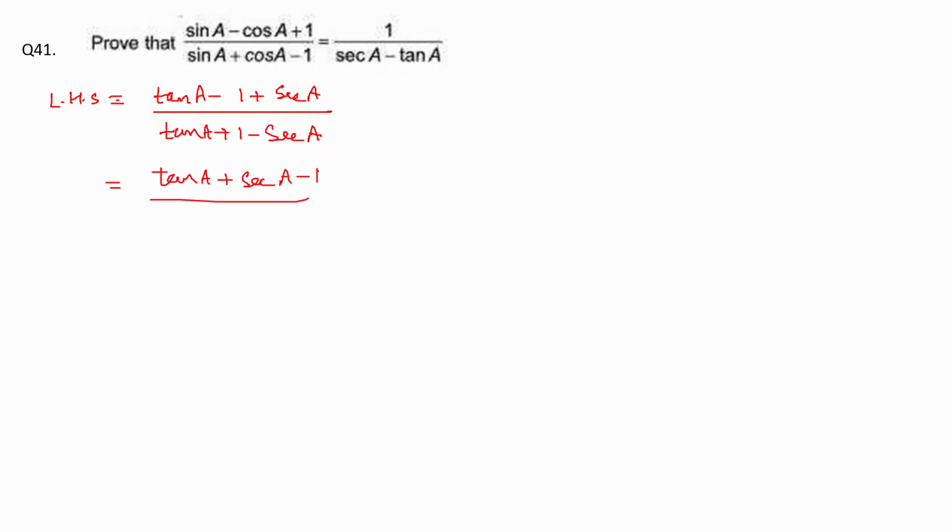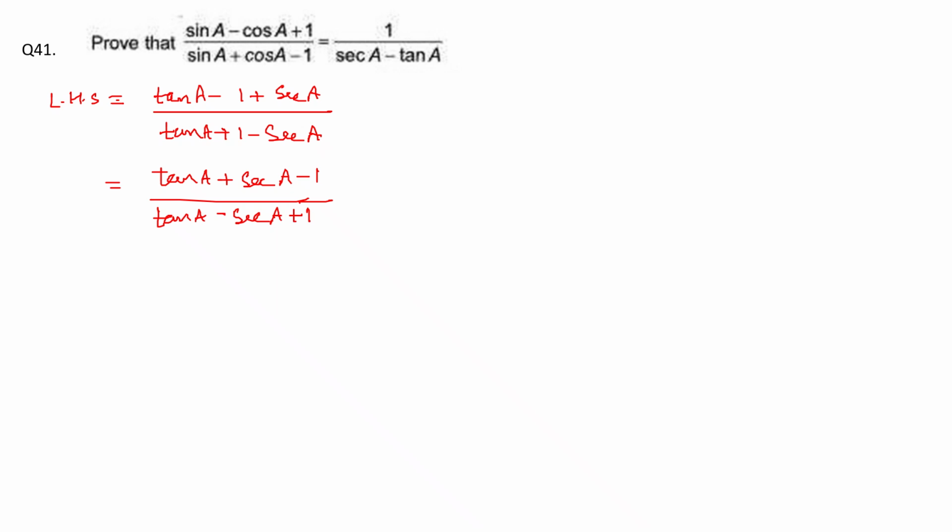Question number 41. Here also you have to prove it, but RHS you can see it is in the form of sec and tan A. So let's take LHS and convert that also in the form of sec and tan. So for that what you have to do, divide numerator and denominator with cos A. So what will happen, sin A by cos A will become tan A, cos A by cos A is 1 and 1 by cos A is sec. Same way here it will be tan A plus 1 minus sec. Let's rearrange it. So it will be tan A plus sec minus 1, and then tan A minus sec